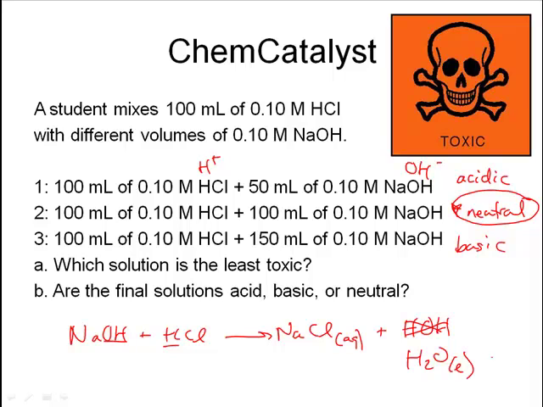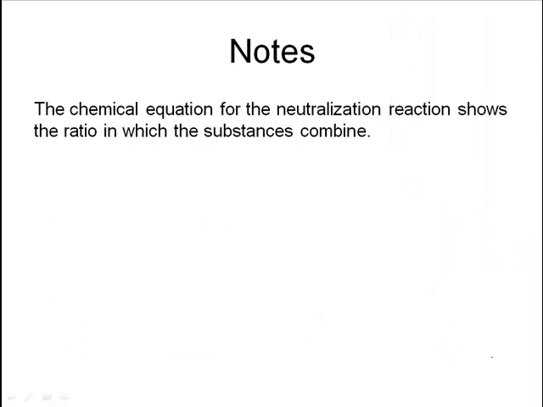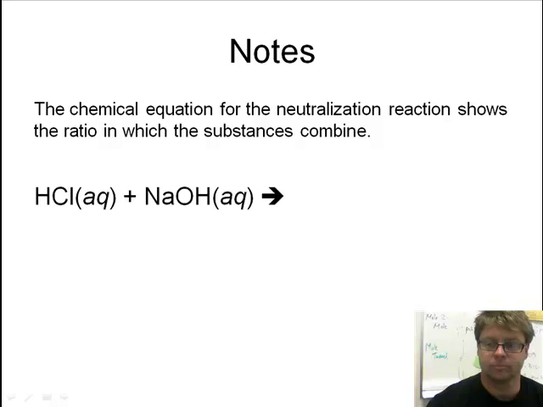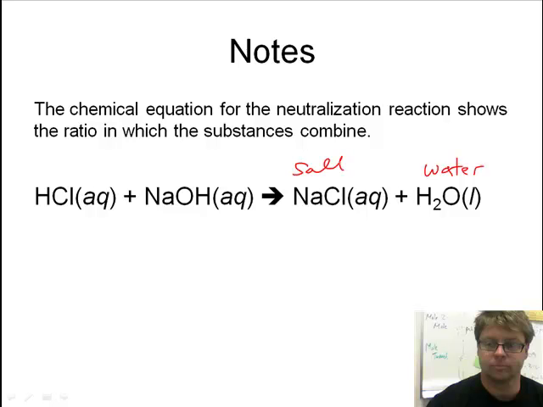In a neutralization reaction, you can calculate the amounts of the reactants and the products and see their ratio to see what product you should produce. So the chemical equation for a neutralization reaction shows the ratio in which the substances combine. So here's your hydrochloric acid and sodium hydroxide. These two combine here in a 1-to-1 ratio, making sodium chloride and water. This here is always water in a neutralization reaction,